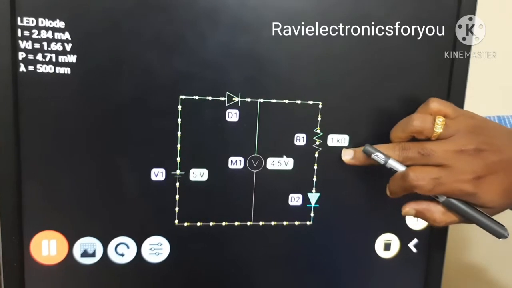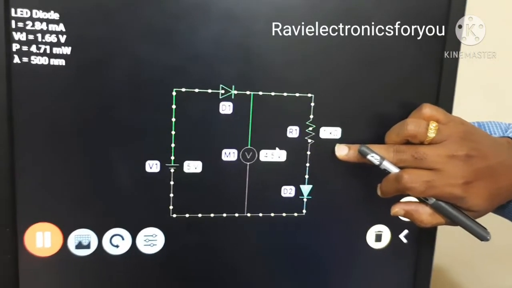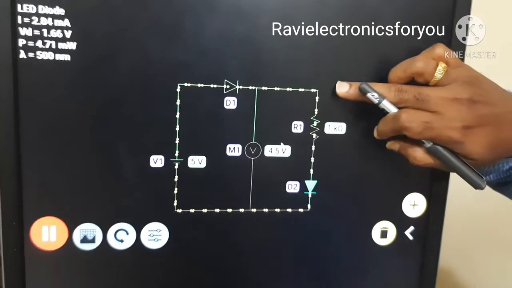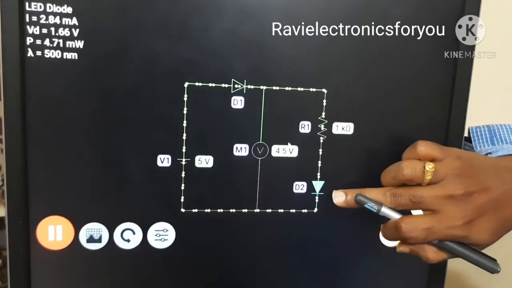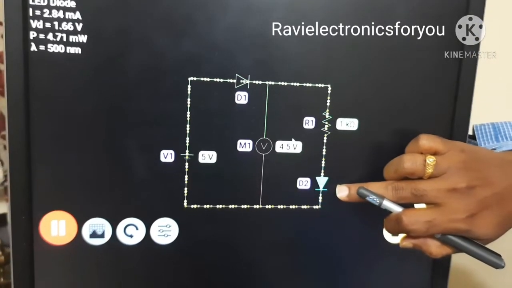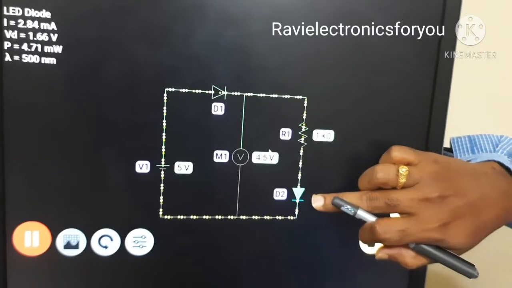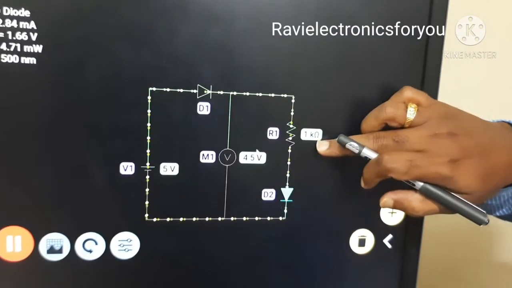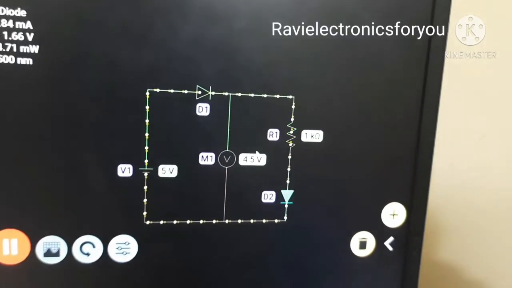Again, I am repeating, I equals V by R. So V is 4.5 minus VF of this LED, that is 1.66. 4.5 minus 1.66 divided by 1 kilo ohm gives the current in this path, that is 2.84 milliamperes.